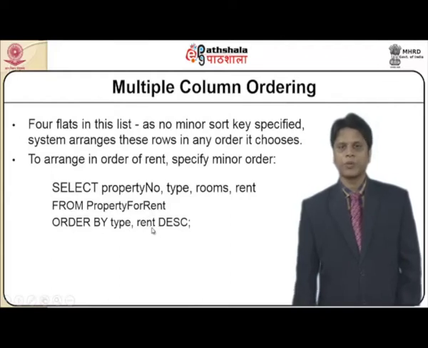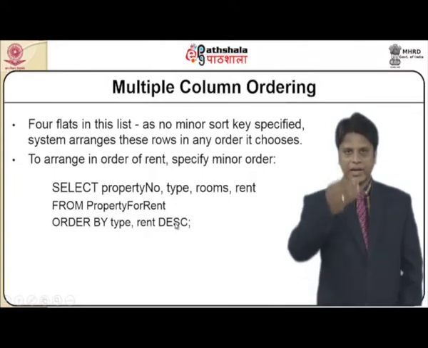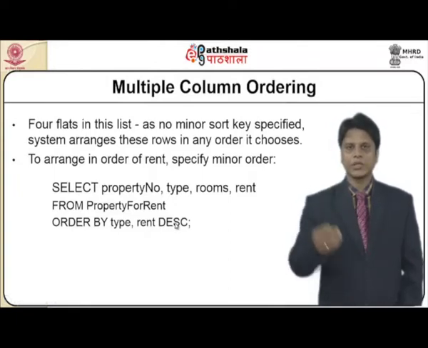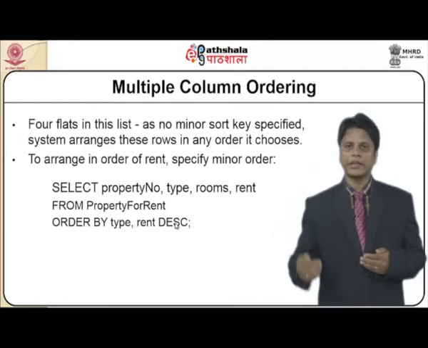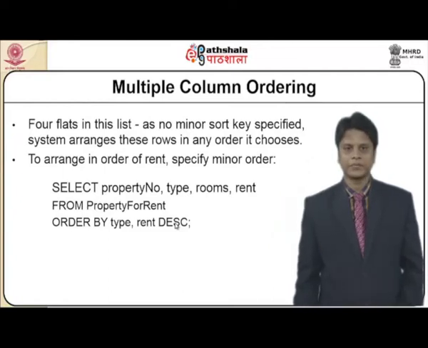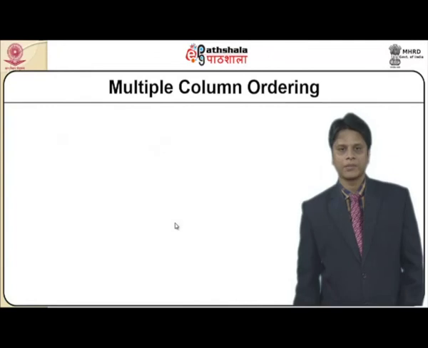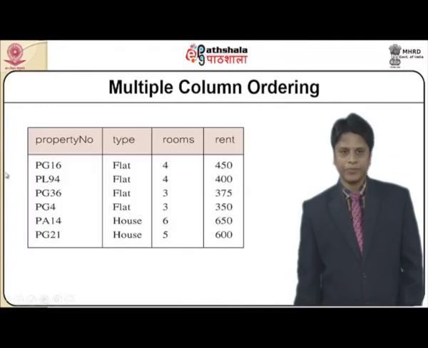descending. So, in the previous table I had arranged flat, then comes house, and the rent wasn't aligned. Now I am asking for the type also to be arranged along with the rent in a descending fashion. In this case, I have a list of properties with the type, rooms and rent being given in descending fashion. So, first starting with flat, which has a descending list of values, then comes house, which has a descending list